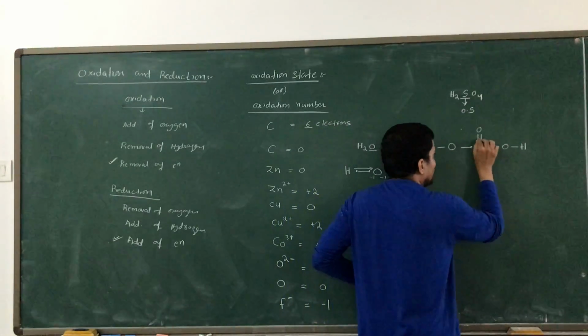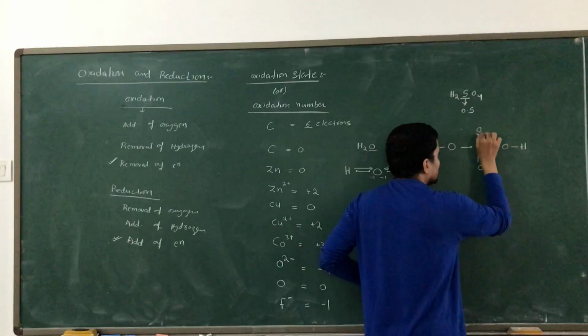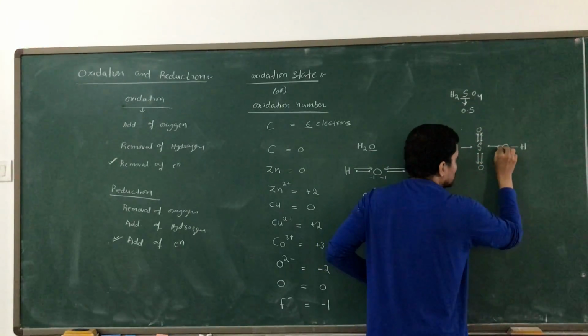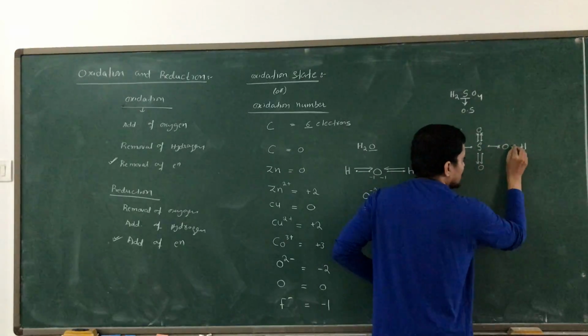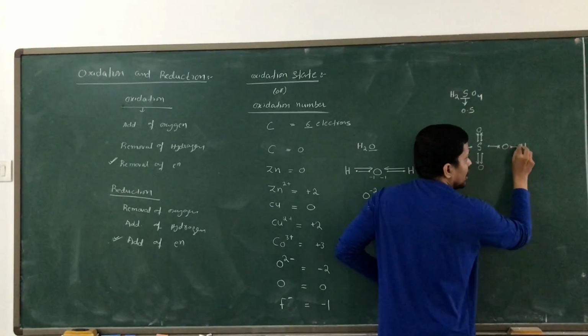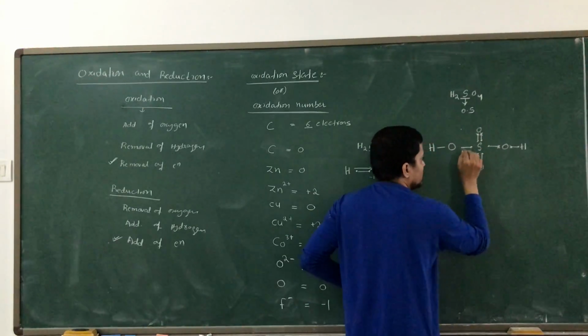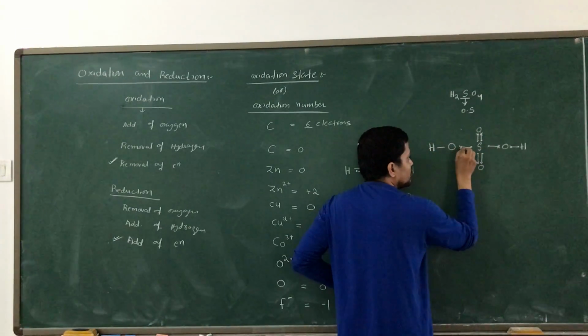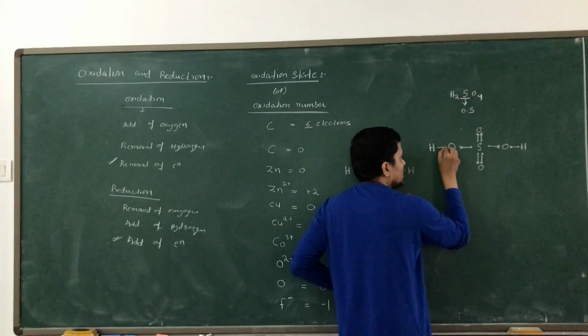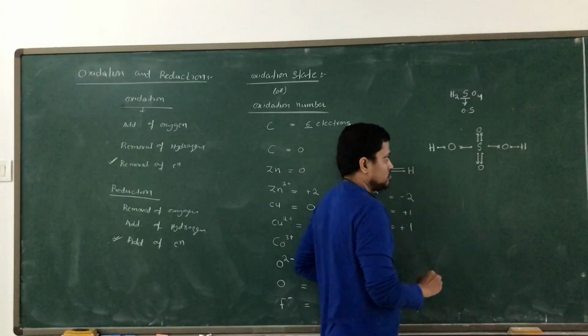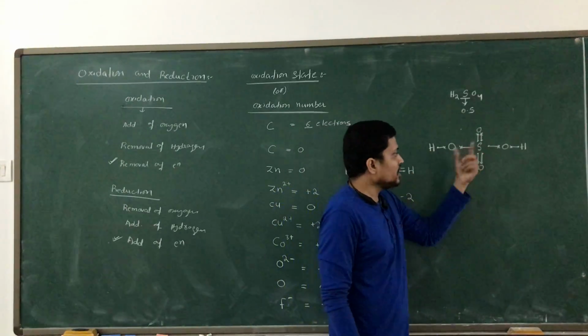So a double bond is formed with the oxygen. This is the electron of oxygen, this is the electron of oxygen. And here is 1 electron of oxygen with the sulfur, and this oxygen's next electron is used with hydrogen. This oxygen uses both electrons with sulfur. This oxygen uses 1 electron with sulfur and 1 electron with hydrogen, and hydrogen its own electron. So this is how the bonds are formed.